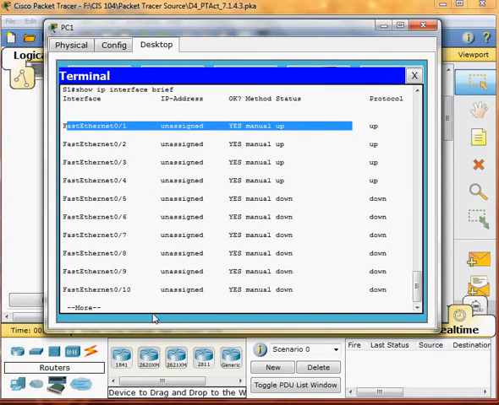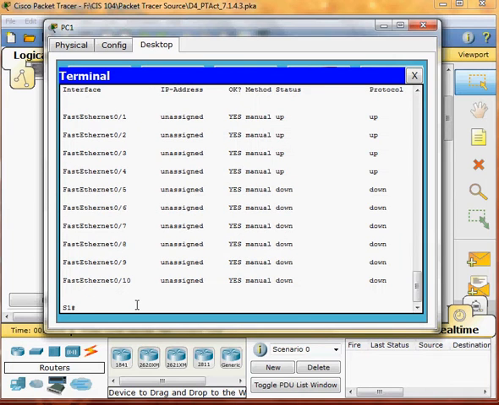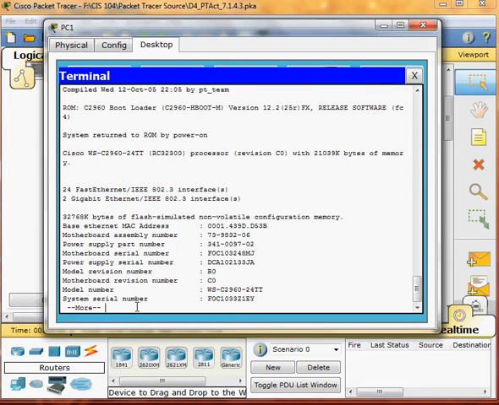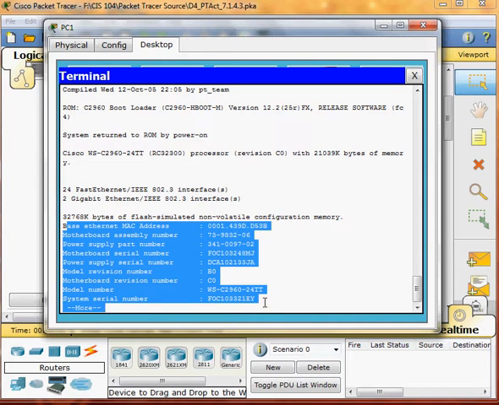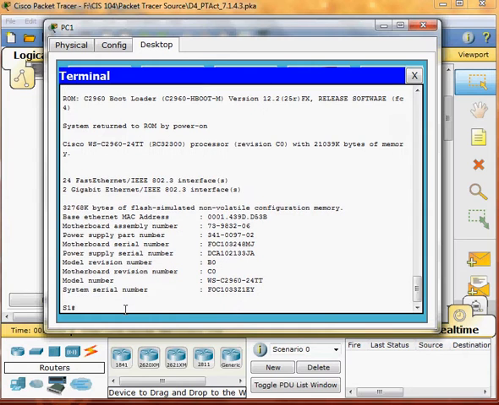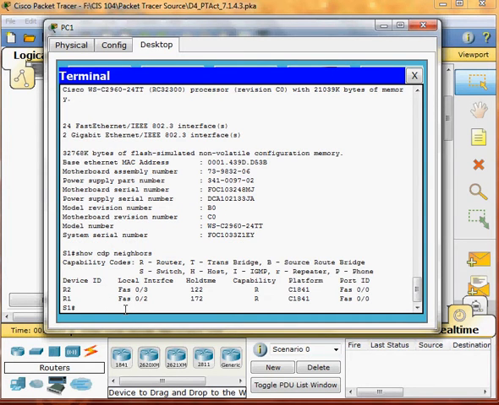Okay, and now I need to check the version, and so this is the version of the configuration value of the switch, and we have to check show CDP neighbors to show the information displayed, so that router 1, router 2, you can see. Now I need to show CDP neighbors detail to show the information that is displayed. So let's try that.